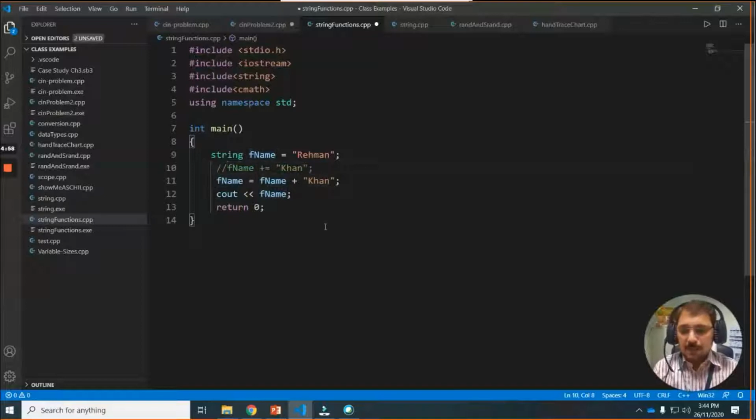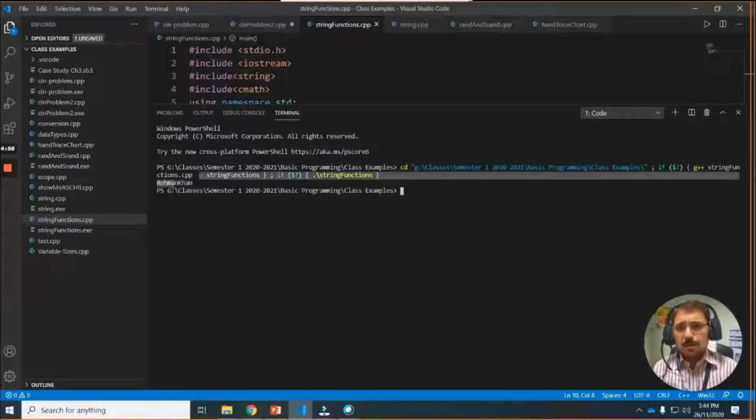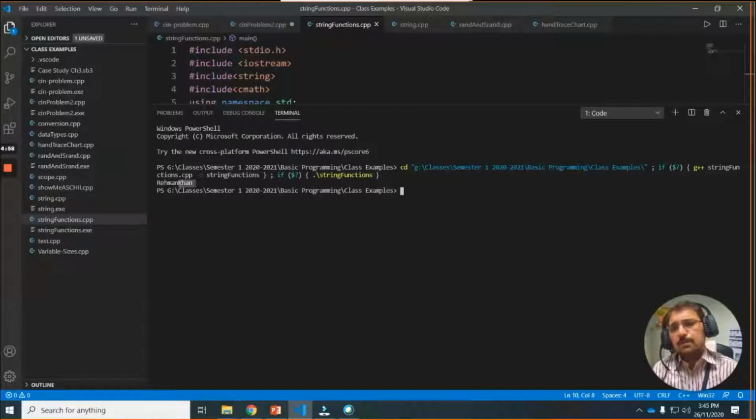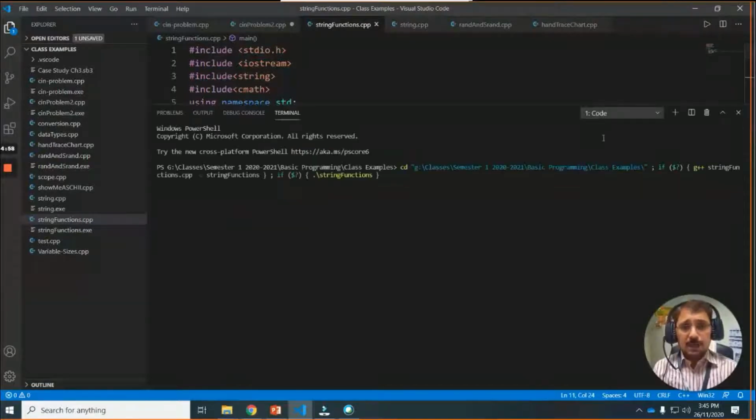If I comment the first line and write this one, you see, it's the same. But it just appends after the first string ends. We expect there should be a space, but actually there is not. So if you want, you can add a space here and then save and run. Yeah, now it is correct.